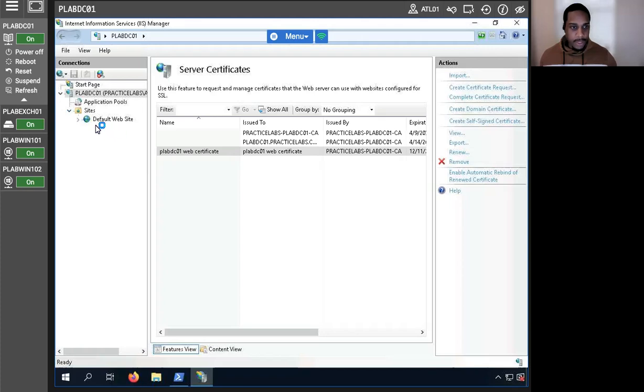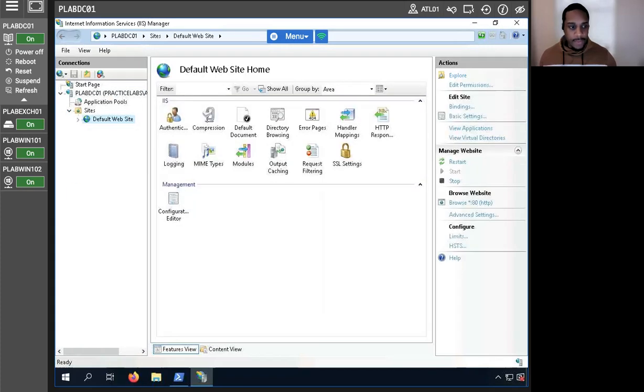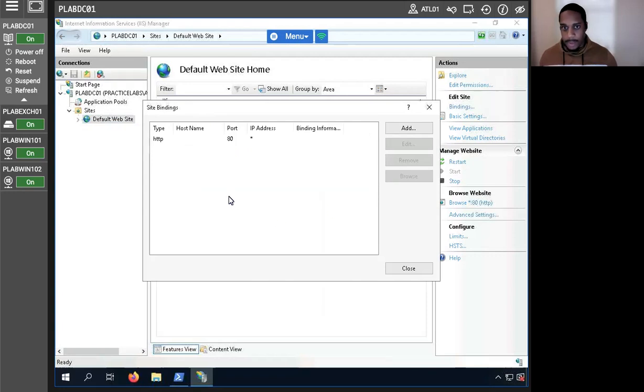So it's already expanded. Then I'm going to click on default website here and go to edit bindings. If I can find it here. There it is. All right, perfect. So now that we have site bindings here, we've got the hypertext transfer protocol here. Now on the dialog box here,